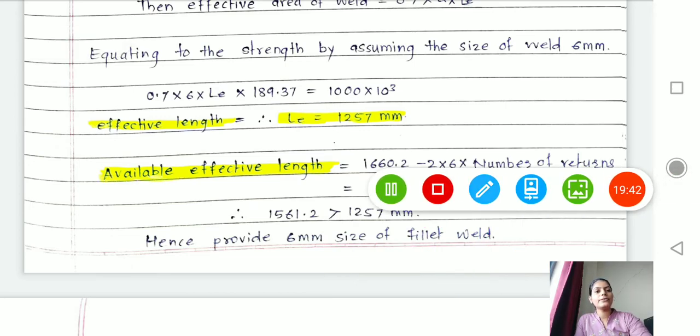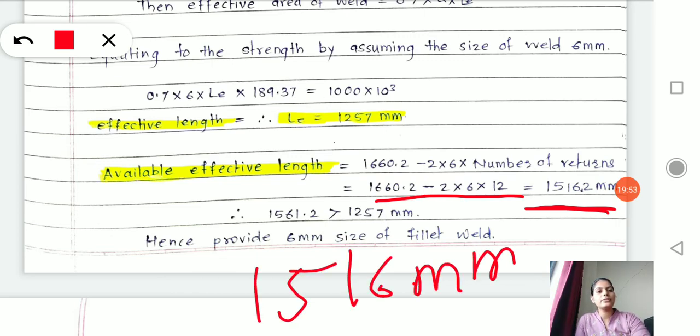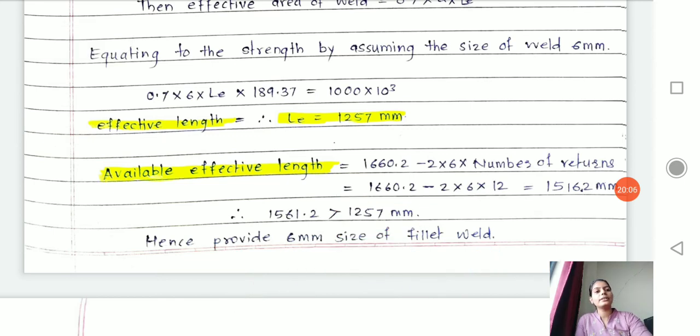Okay, and from there I come to know that the available length is 1516 mm. So the effective length required is lesser than what we can provide on the periphery, which is 1516 mm. Alright, therefore our welding is possible.